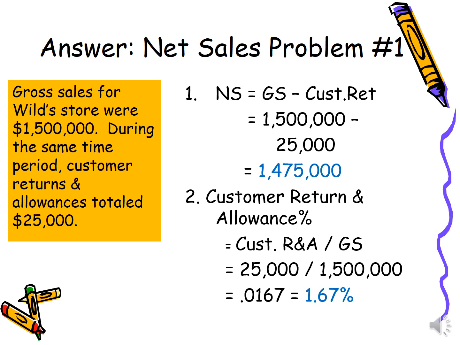The second question was asking customer return and allowance percentage. So this percentage is a percent of gross sales. So you're going to have to divide your customer returns and allowances dollar by gross sales dollar. 25,000 divided by $1,500,000. That will be